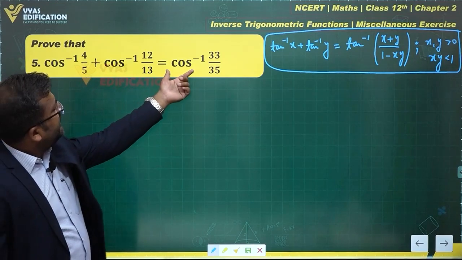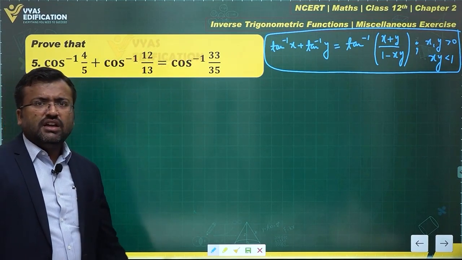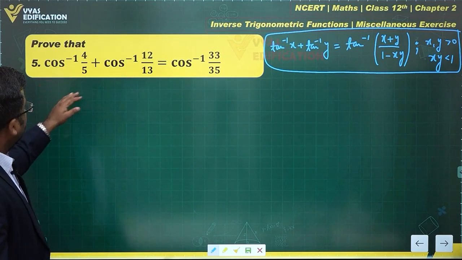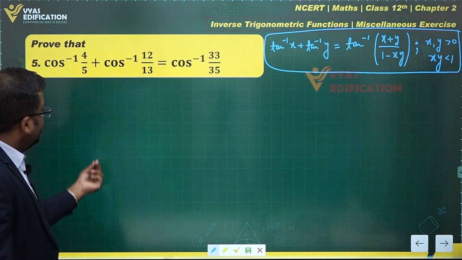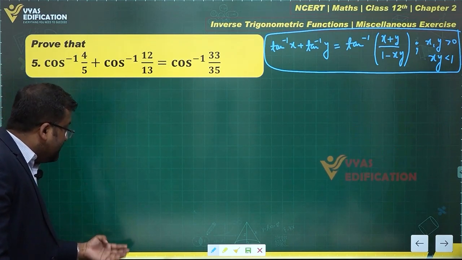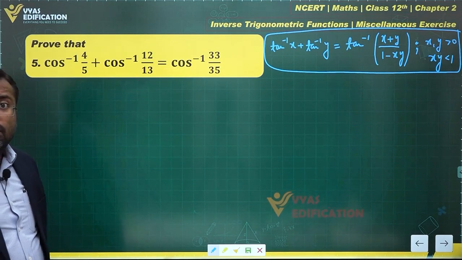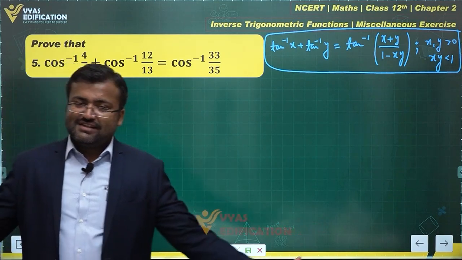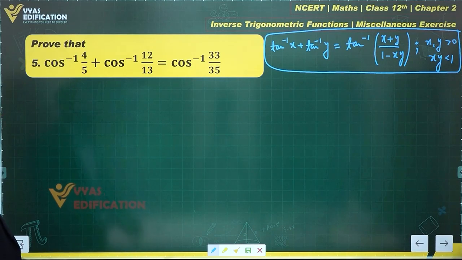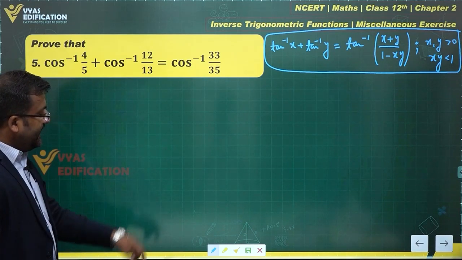But there is no tan inverse on the right hand side. Why worry about that from the very beginning? We'll convert this in terms of tan inverse, and this in terms of tan inverse. You'll add them together and get a result in terms of tan inverse. You'll convert that again in terms of cos inverse, and you'll get that. Yes, let's do it. Let's begin by writing,